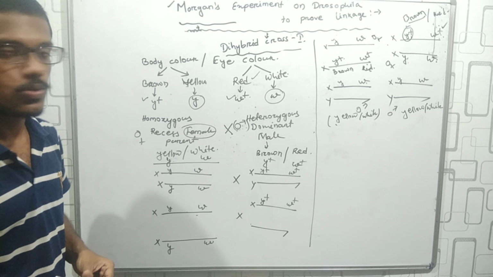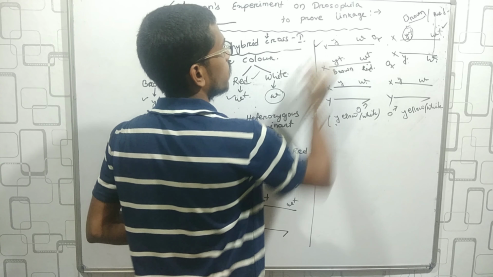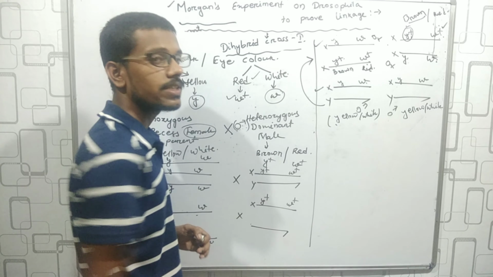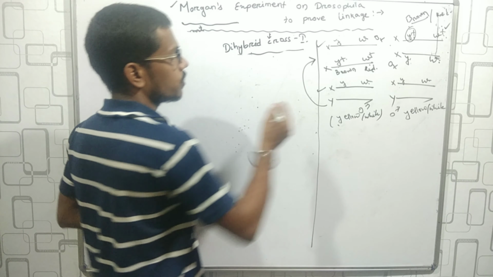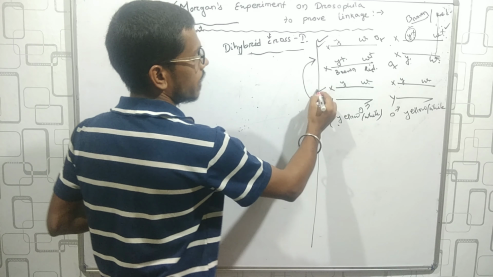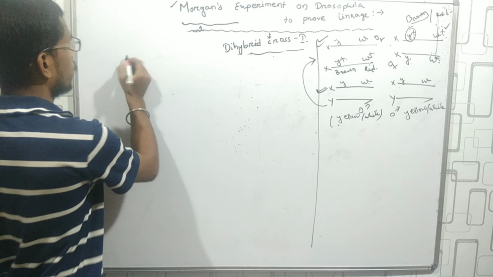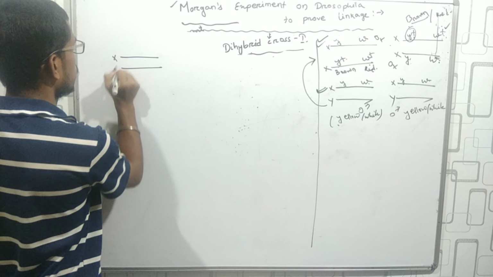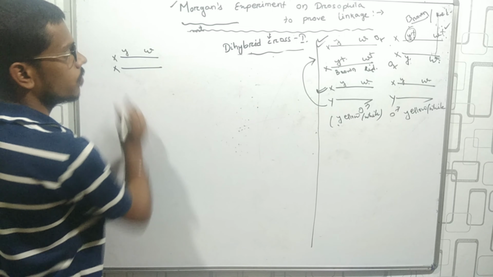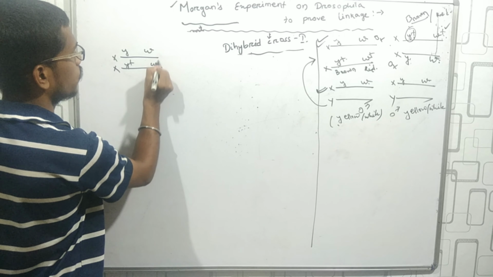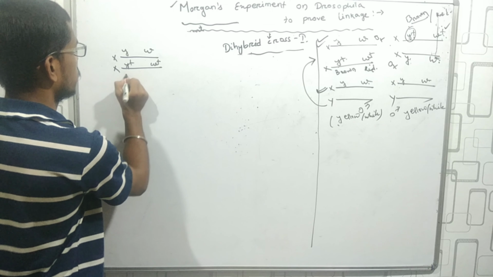F2 generation ratio. This is the male individual, this is the female individual. We have to cross between these two individuals. Then let's see what the result will be. So we have to cross the female individual and the male individual. This is the female individual XX, and X is having small y, small w, and small y plus, small w plus. Okay, this is brown,